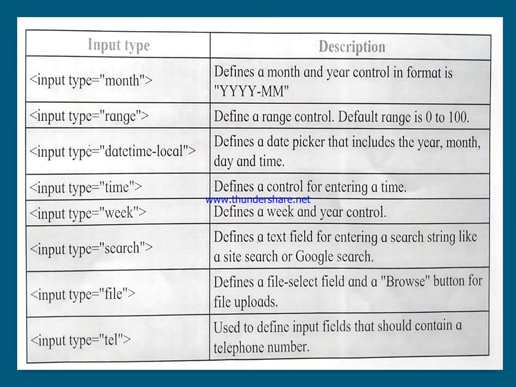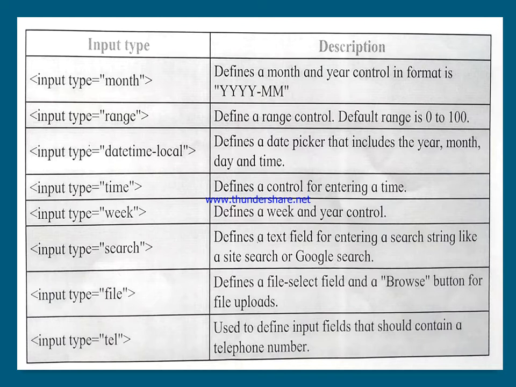Now next is input type equal to file. So it defines a file select field and a browse button for file upload. Normally the application of this particular element we had discussed while sending an email to another person or your friends. At the same time, if you want to send your photographs or something else to your friend, at that time you are supposed to upload or attach a file. So that attachment or uploading a file is the application of this input type equal to file element. By using this you can provide a browse button on the form itself so that anyone can select the path to upload the file by using the select button itself.